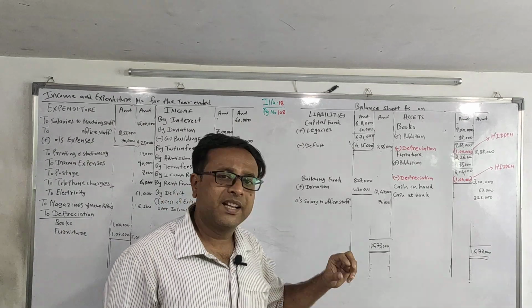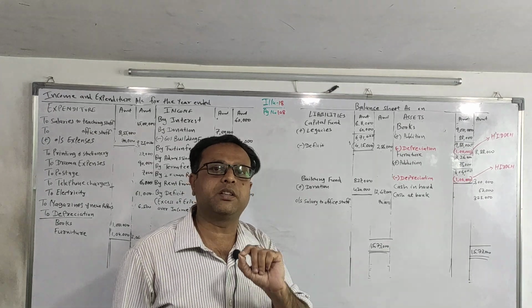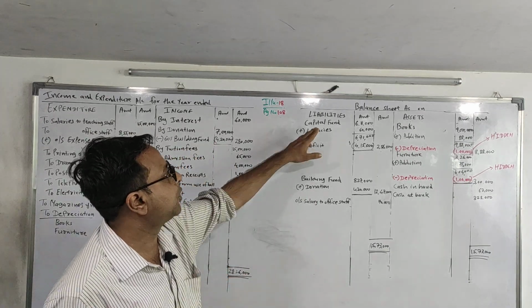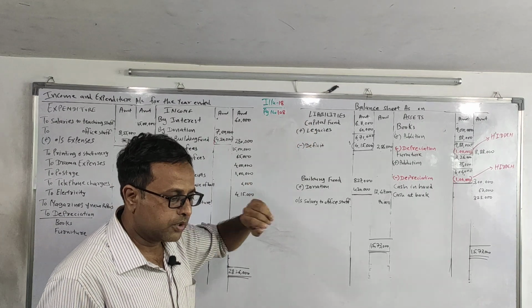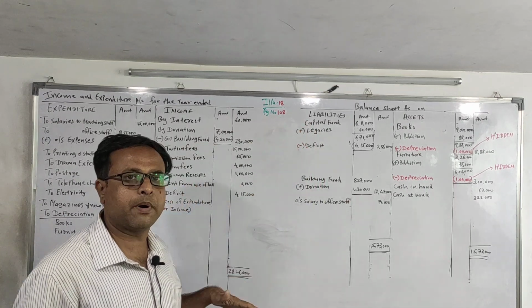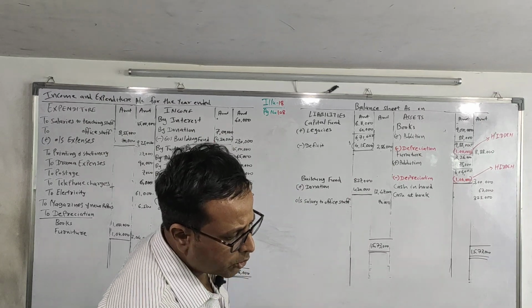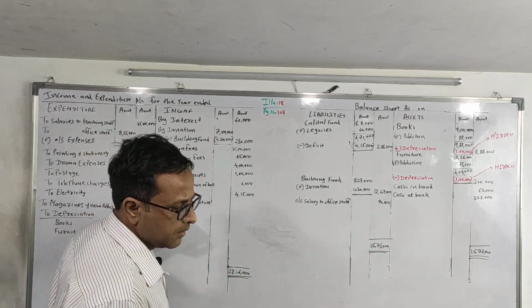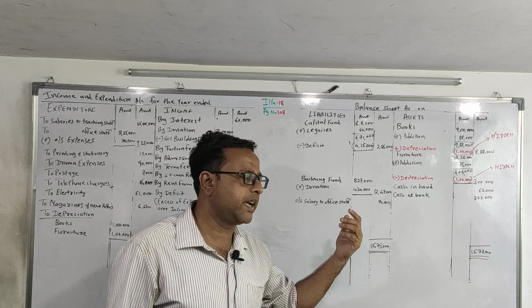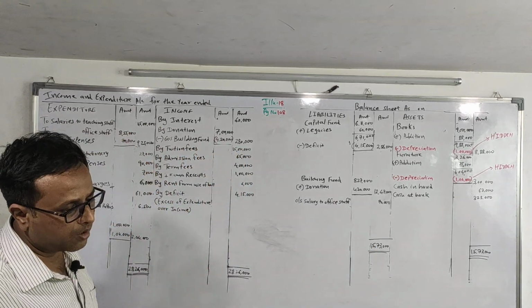To legacies, in brackets they specifically mention capital, so we'll directly add to the capital fund. So this is how we're done with our receipt part posting. Now come down to the payment side. Salaries to teaching staff, expenditure. Salaries to office staff, adjustment on it, we'll write in the inner column.